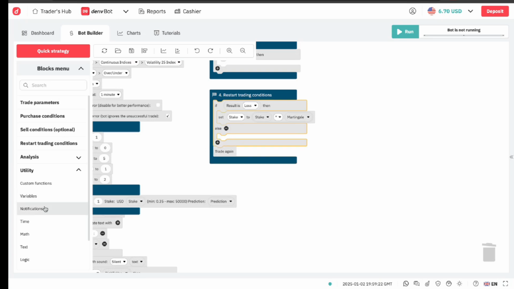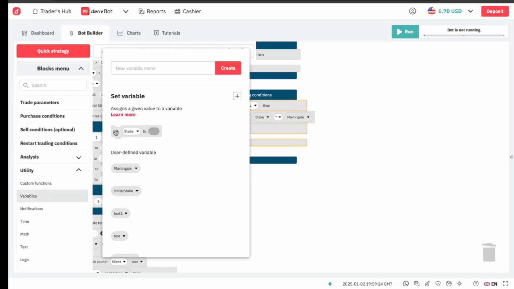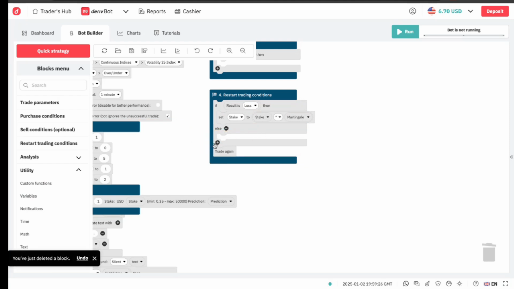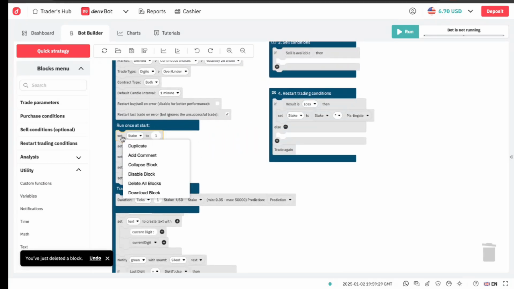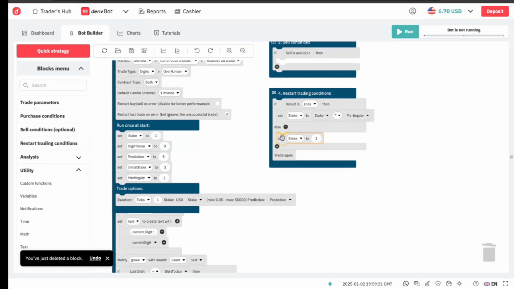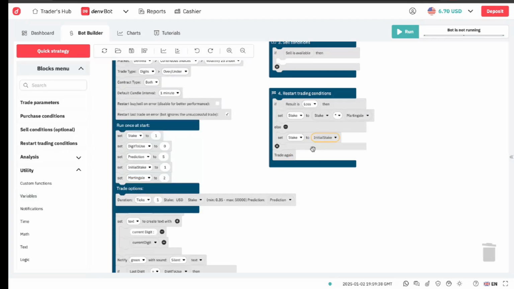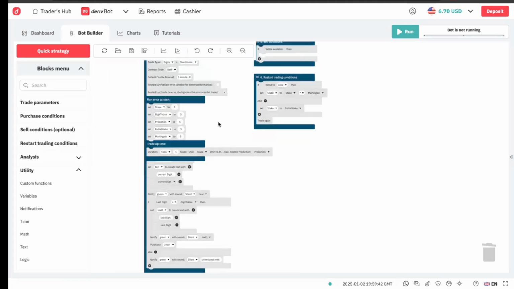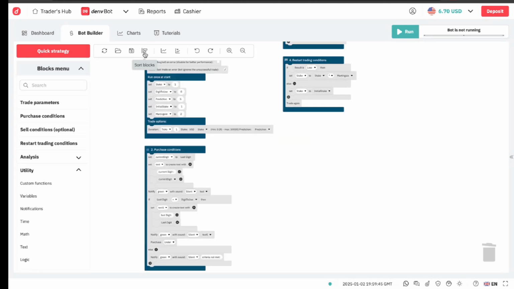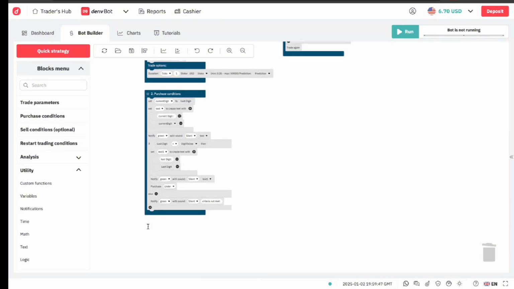Else, come to variable. I could actually copy this one here, duplicate, and just drag it there. Set stake to variable initial stake. So I already set the initial stake there. Let me sort the blocks. So we see, yeah, things like this can be removed. There. So the blocks,